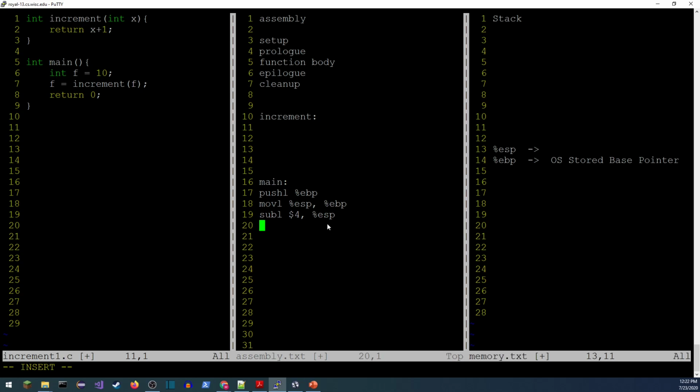So the next thing I'm going to do is move. And now I need the number 10. That's what I'm storing, dollar sign for immediate. And the way that assembly is going to figure out where to store it is by using the base pointer. The base pointer is right here on line 14. I need to know that I'm going to be storing this 4 bytes above that. And 4 bytes towards smaller numbers is a -4. I need the parentheses because I'm accessing memory, not just writing it in the base pointer. So 4 above the base pointer, and that's where I'm going to stick the 10. So that'll move the 10 in right there. All right, hope that makes sense.